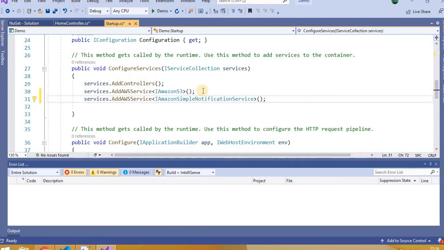That's all. Now at runtime, the .NET Core framework will inject this service as a dependency into the constructors of all the controllers.